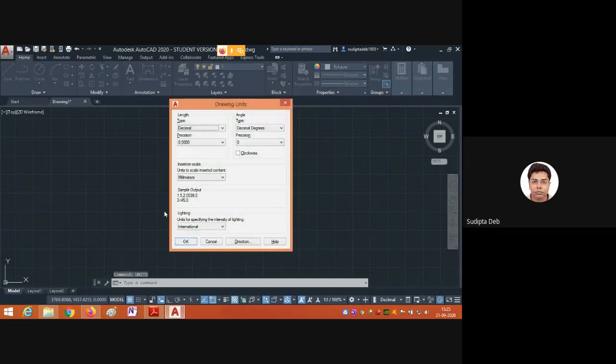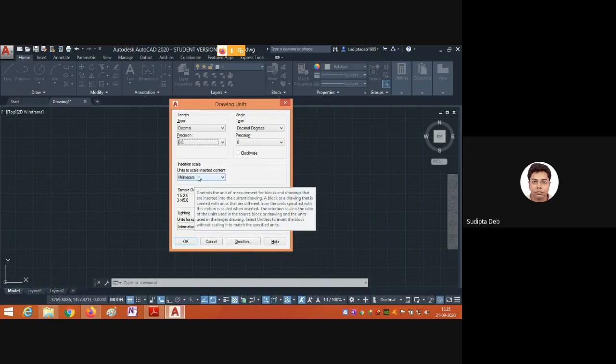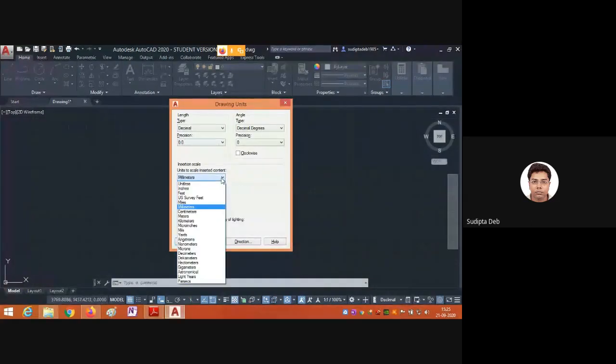You will get this window. There are two parts, length and angle. In length, first select decimal. Don't select other things, select decimal. Precision you can change to 0.0 or 0.00. For angle also I am using decimal degrees. Precision here is only 0 or 0.0 as you like, and units will be taken in millimeter.